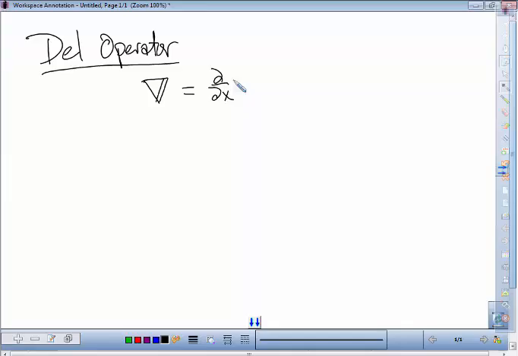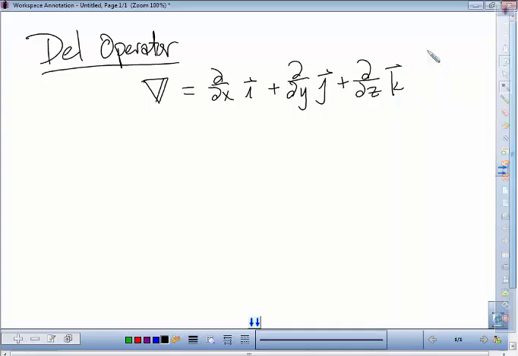The definition itself doesn't seem like it makes much sense without a function, but that's what operators are. Operators are things that apply to functions. So without the function, this could just be seen as d dx in the i component, plus d dy in the j component, and then whether this is three variables or not, we can still define d dz in the k component